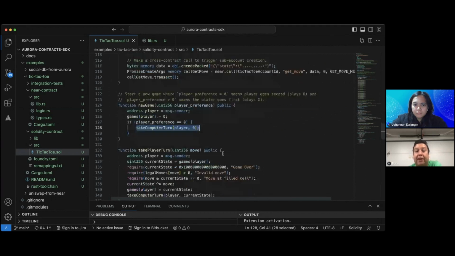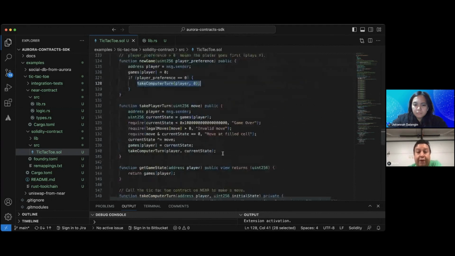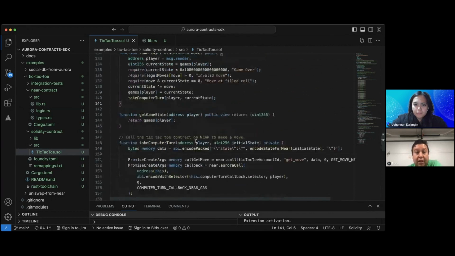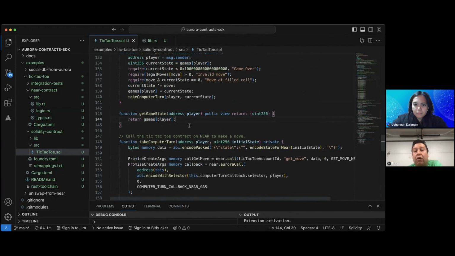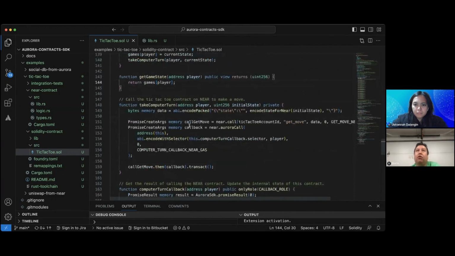So it's playing the first play, and each turn it calculates the current state and checks if the game is over, and once it takes another turn, the game keeps running. So this one updates the game. As you see, all that has to do with storing the state of the game happens here.